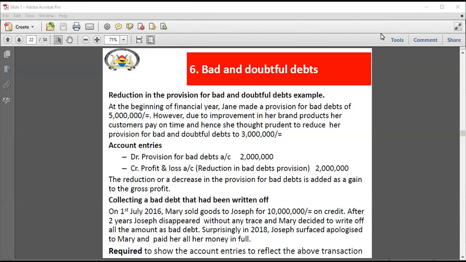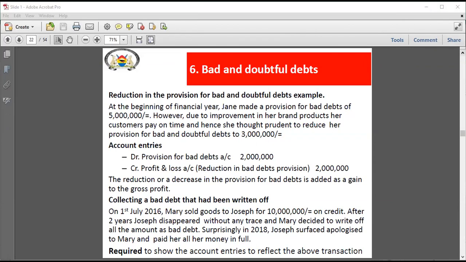Okay, so that is what happens with our bad debts. So it's very good for you to know that any company that is dealing with customers, it's much prudent for you to go ahead to make a provision. And these provisions, of course, are really subjective based on what you expect. But where you have specific provisions, like the way we saw at the start, where you have, for example, John,